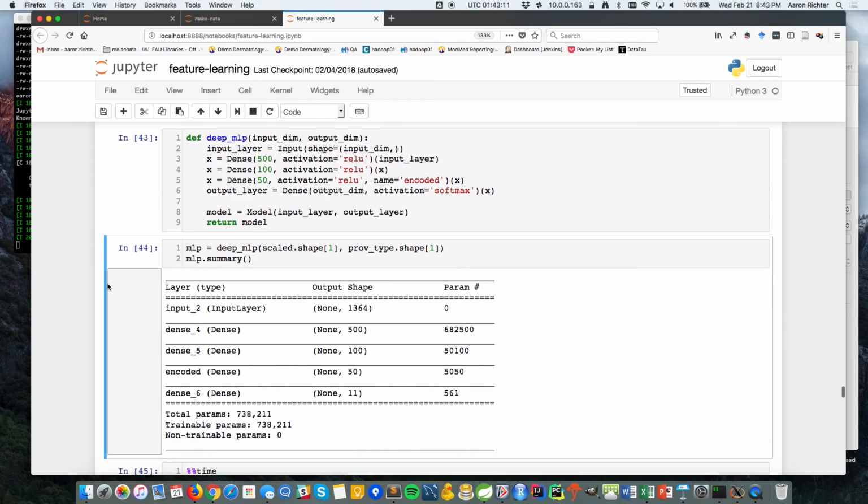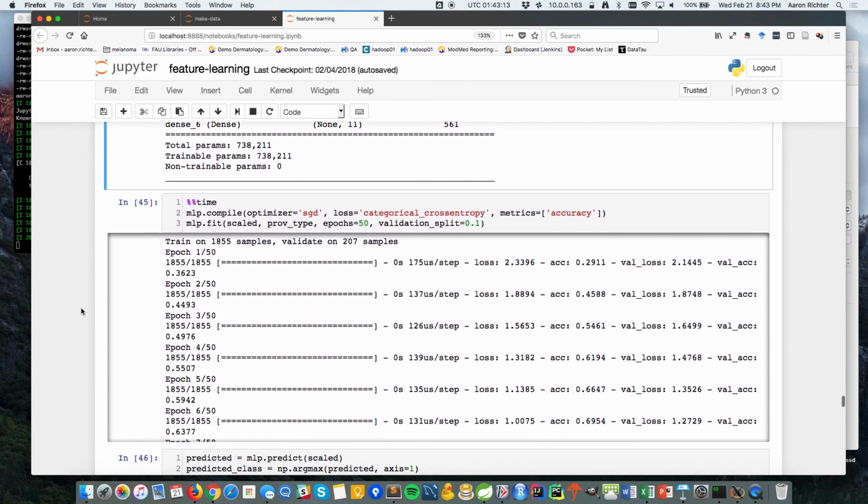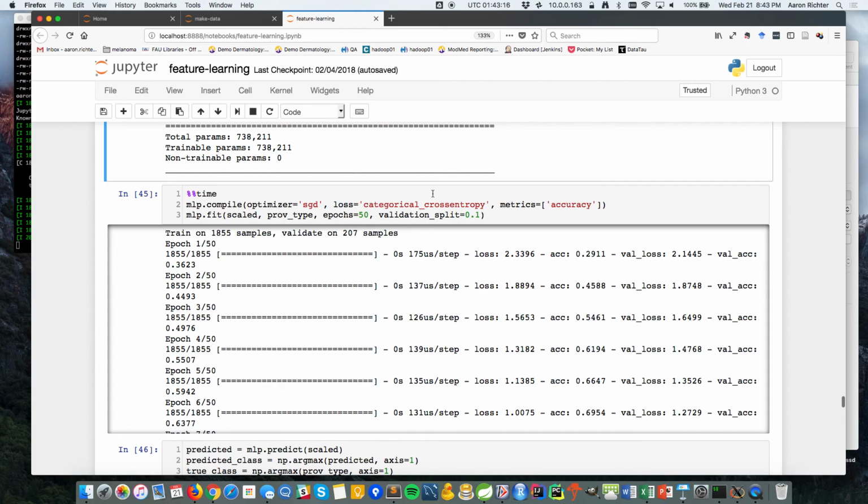So this is a multi-layer perceptron because it's fully connected. Same idea, we're training it, except in this particular case our loss is going to be the categorical cross entropy, and we have metrics we can use now because this is a supervised problem. We can actually see what the accuracy is.